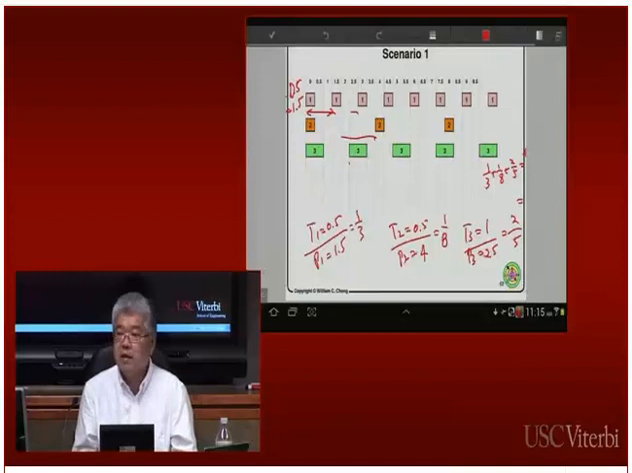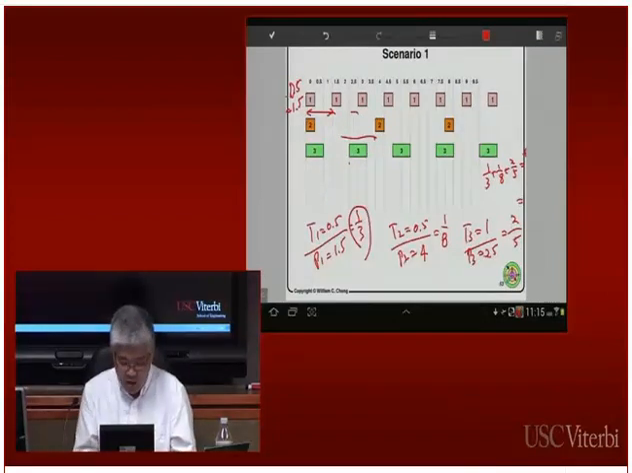Okay, which one has the highest priority? Right, the one with the highest priority is the one with the largest fraction, right? So this is 0.3, this is